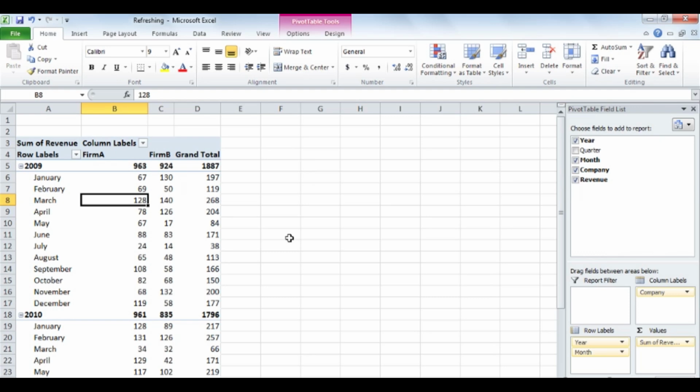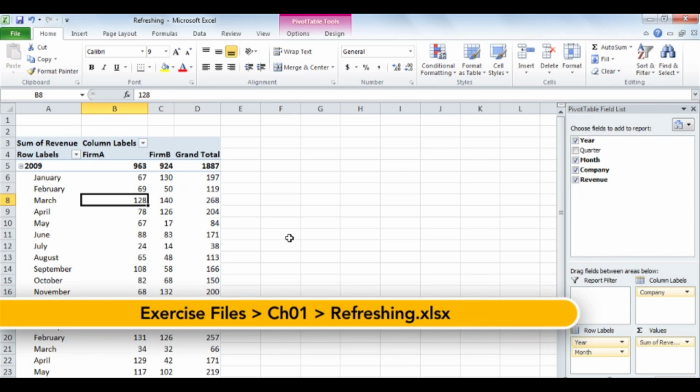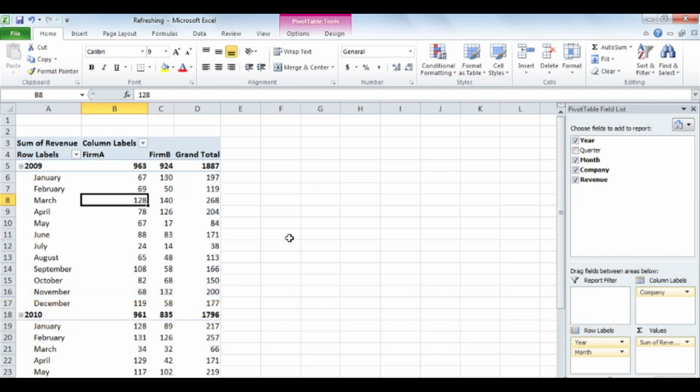Companies generate new sales, budget, and operations data all the time, so PivotTable data sources rarely remain static. In this movie, I'll show you how to manage your data connection to ensure your PivotTable contains the most recent data available. You can display your PivotTable's data connection by clicking any cell in the PivotTable, as I've done here,